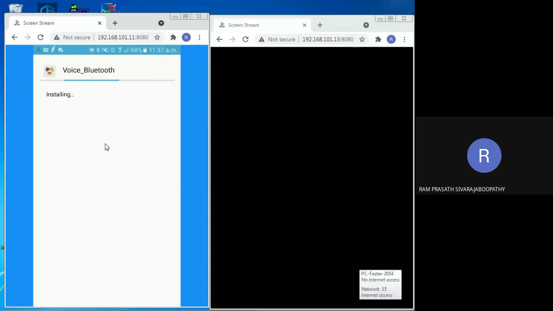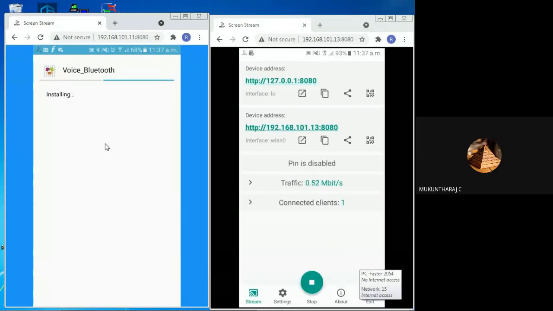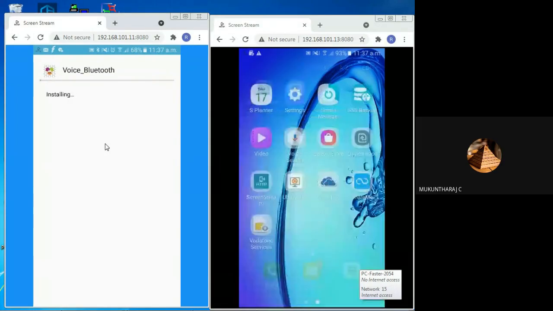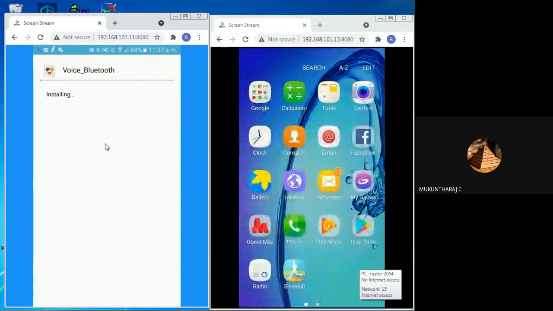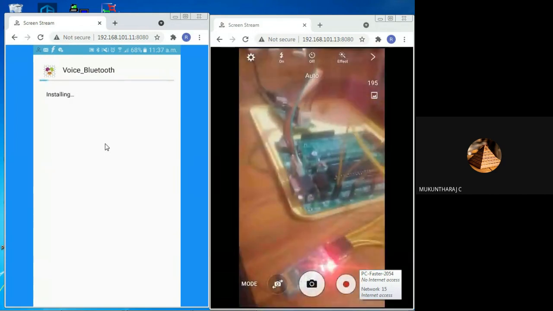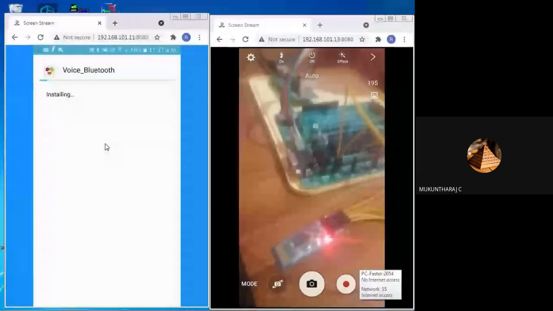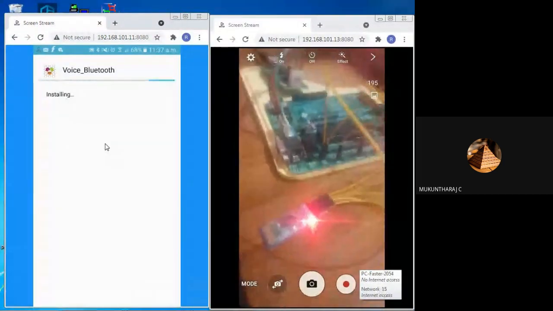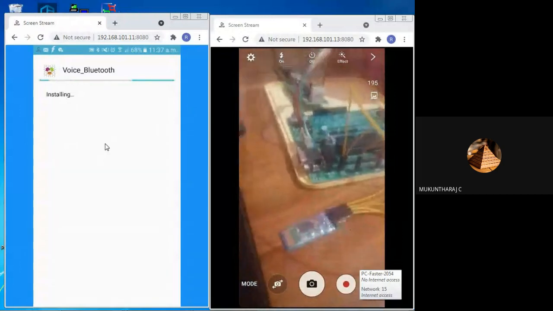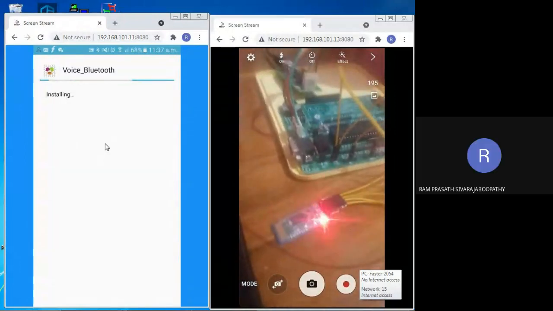So meanwhile, you can see the hardware. On the right hand side, you are seeing the hardware.